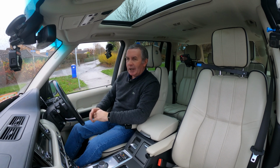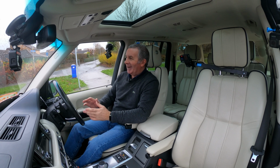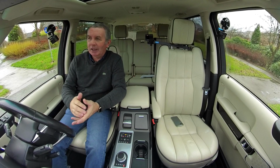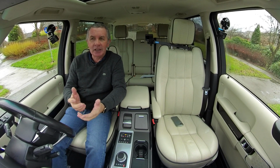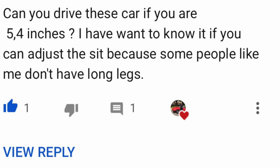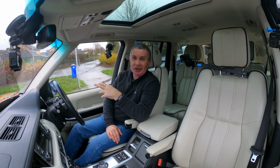Now I'll do the memory seats because I always go on about the smallest people seem to drive the biggest cars, and to be honest, it's because I get a lot of comments, a lot of messages. I got one yesterday. I'm 5'4". Do you think I'll be able to drive this car? Well, the answer is if you think you can drive it, you can, and if you think you can't, you